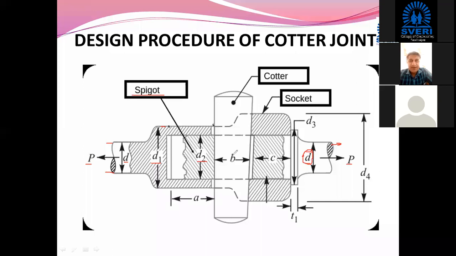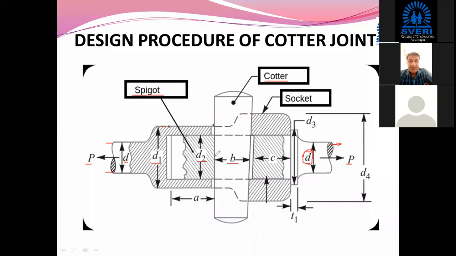Then let us say average width, because this quarter is tapered. That's why the average width, which is measured at the mid, is B of the quarter.